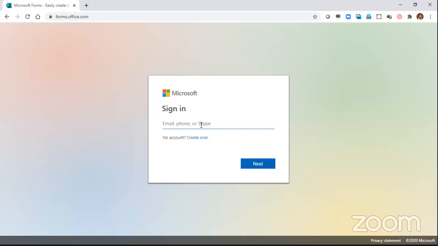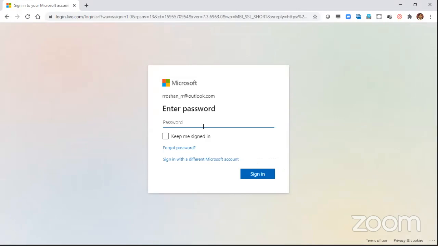So sign in. In the last session, we created a Microsoft account for getting free online web Office 365. I can use the same credentials. Just for showing, I hope this is what we have used. I don't remember exactly, but let me try. Yes, I'll use my personal one. To create an account, if I am correct, I have used this. Let me see. Not very sure though.